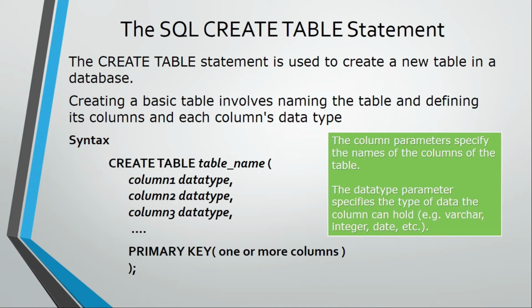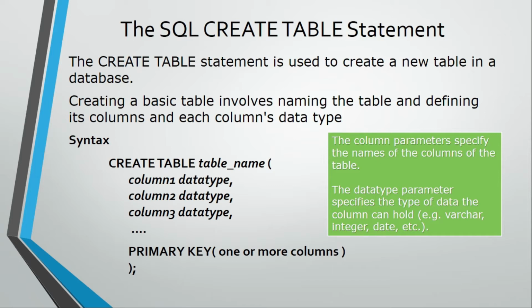Now we are going to discuss how to create a table in the database. A table contains columns and rows. Every column should have a column name. Obviously, a table should have a name, and every column must be associated with a data type. So you have to define what is the column name, what is the data type associated with it, and what is the name of your table. These are the three things you have to do while creating a table in a database.